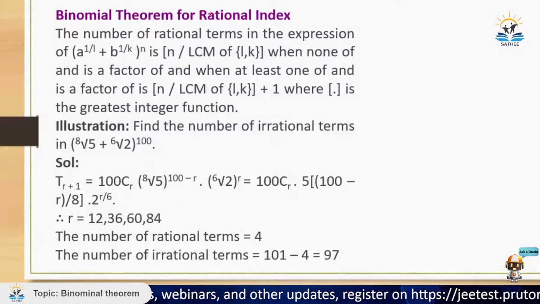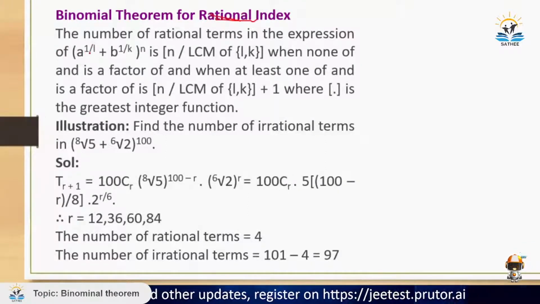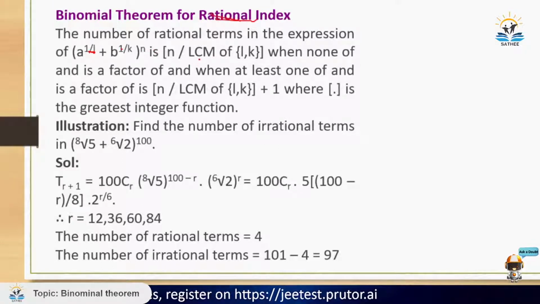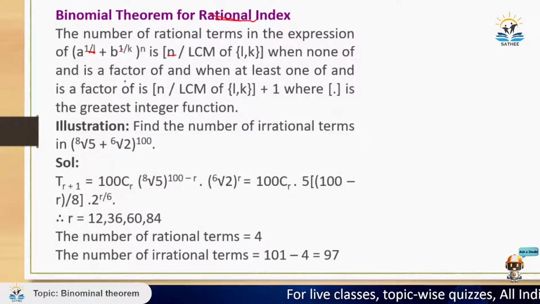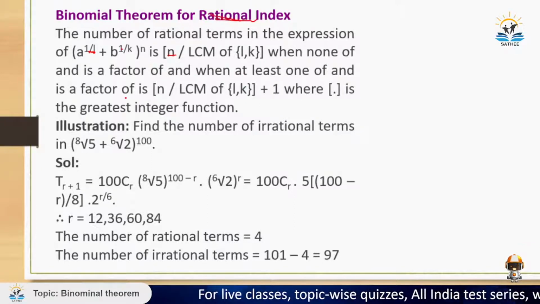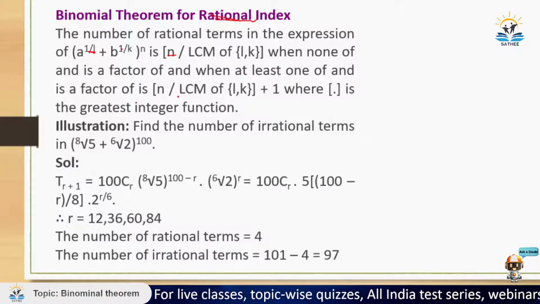So binomial theorem for rational index क्या बोलता है? This is saying like अगर मेरे को कुछ इस टाइप का दिया जाएगा a power 1 by l plus b power 1 by k, where जो नंबर ऑफ टर्म्स मुझे निकालने हैं, तो वो होता है n अपॉन एलसीएम ऑफ l, k। एलसीएम इज व्हाट? एलसीएम इज लीस्ट कॉमन मल्टीपल। ठीक है, when none of n is the factor of and when at least one of n is the factor of this thing, मतलब एक मिनट,